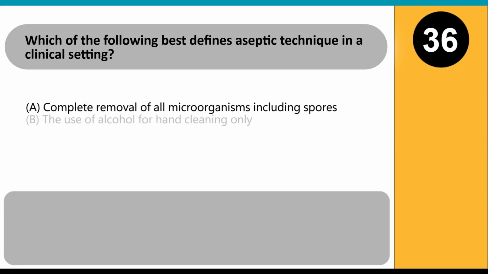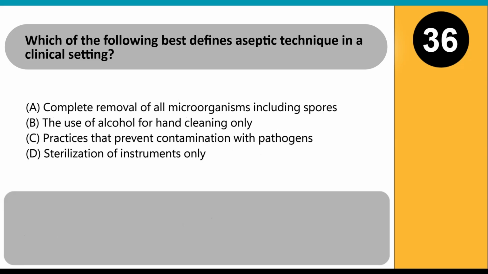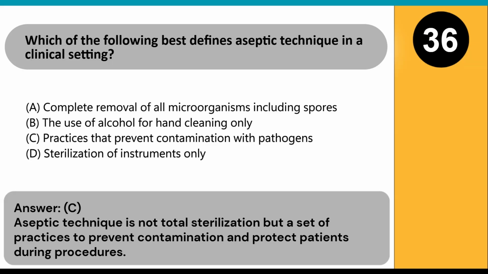Which of the following best defines aseptic technique in a clinical setting? A. Complete removal of all microorganisms including spores. B. The use of alcohol for hand cleaning only. C. Practices that prevent contamination with pathogens. D. Sterilization of instruments only. Answer: C. Aseptic technique is not total sterilization but a set of practices to prevent contamination and protect patients during